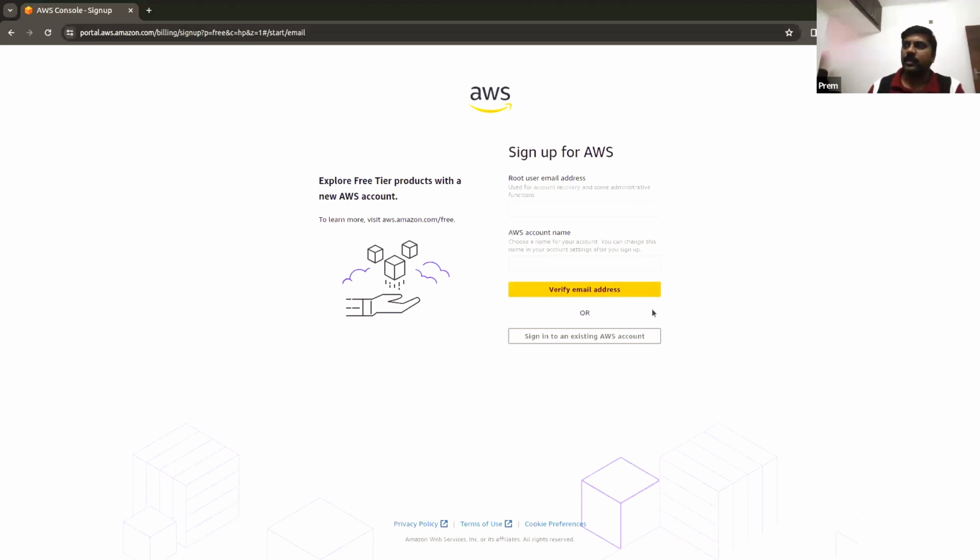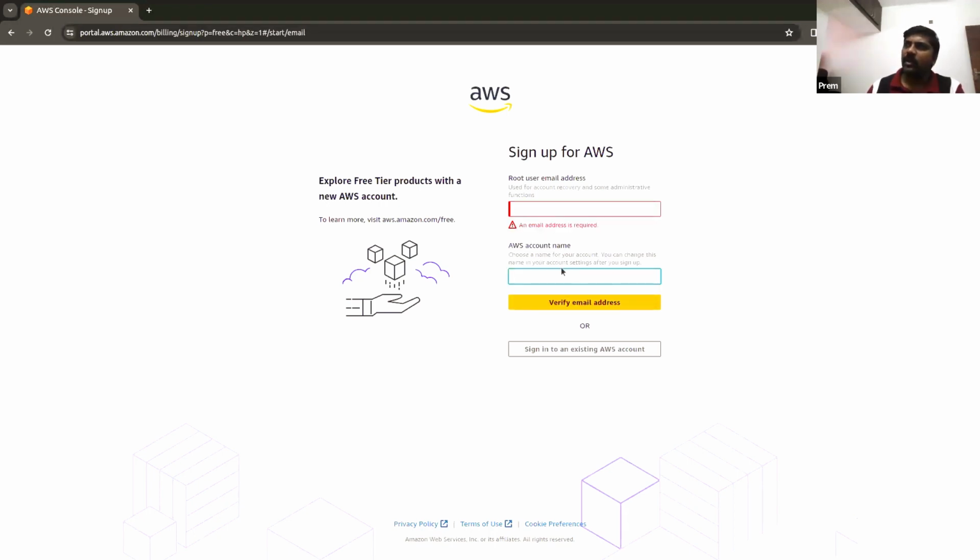We can explain that. So here you just have to give a root user email ID, where you can provide your normal existing email ID. If you have used one before and it is not active, probably you should use a different one. Every new user gets 12 months of free tier. So even if you have purchased one already and have not used it for a long time, don't worry. Create a new email ID and use that email ID to create a new account. You can give any account name, and it's a verification process.